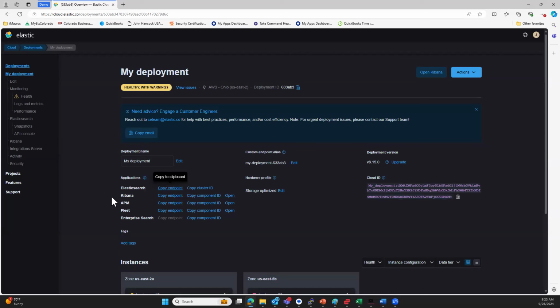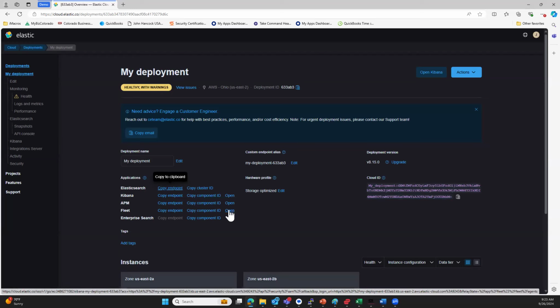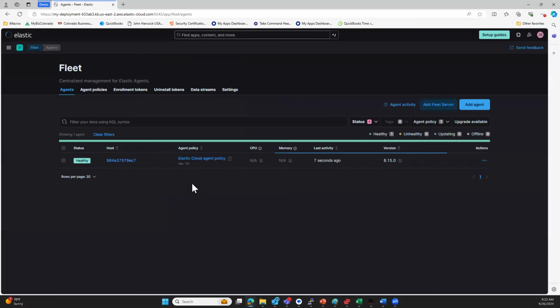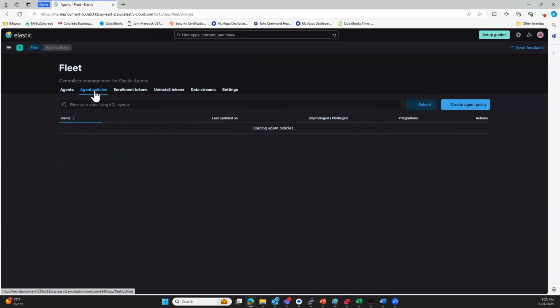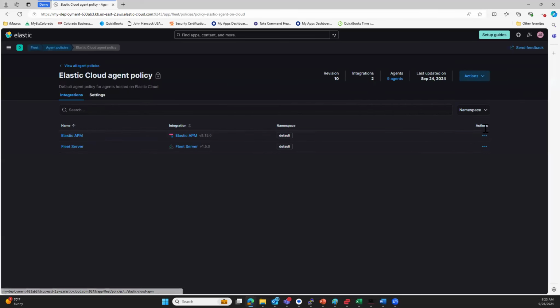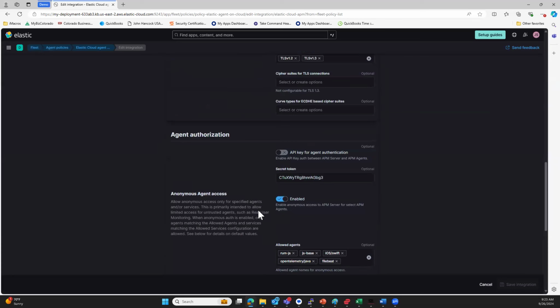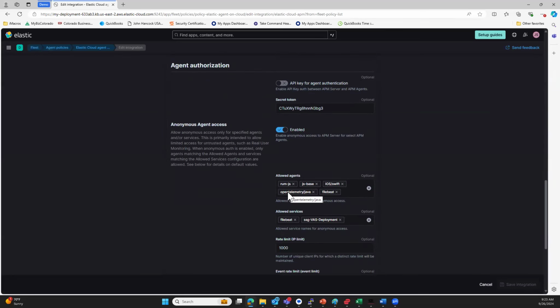So the only other thing that I had to configure on here, and this was a little bit of a gotcha. So in the Fleet service, which is kind of how Elastic is managing all of its infrastructure, they have an agent policy. And that agent policy is how your OpenTelemetry is going to talk to this collection server and how everything else is going to get visualized. So I did have to make one little change to this, specifically for Elastic APM, to add an anonymous agent access. This is because I didn't want to go through the work to set up the keys and get all that stuff working. And so instead I just allowed